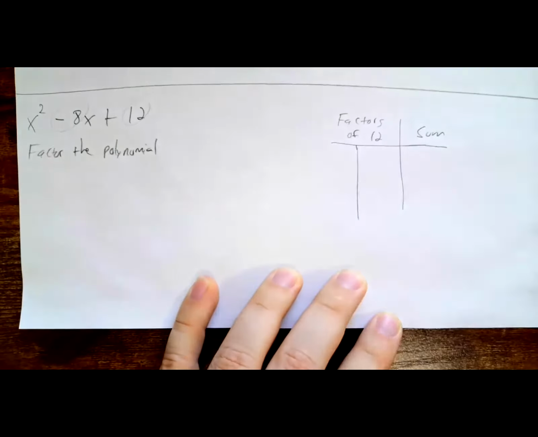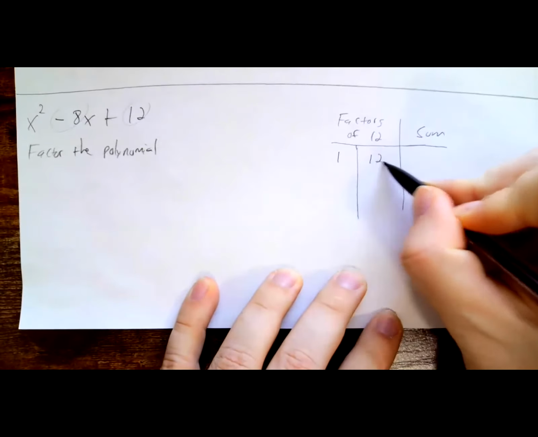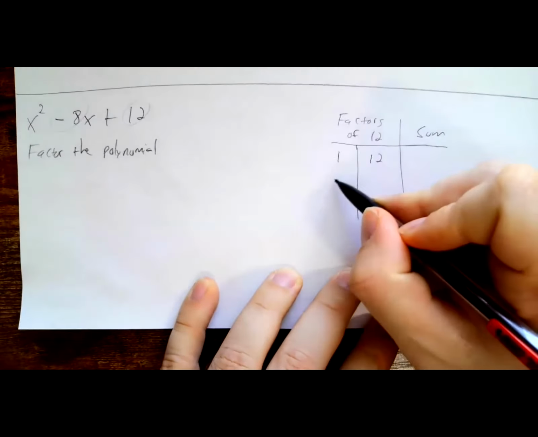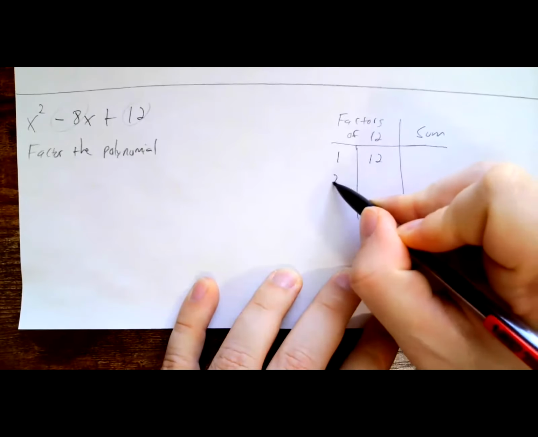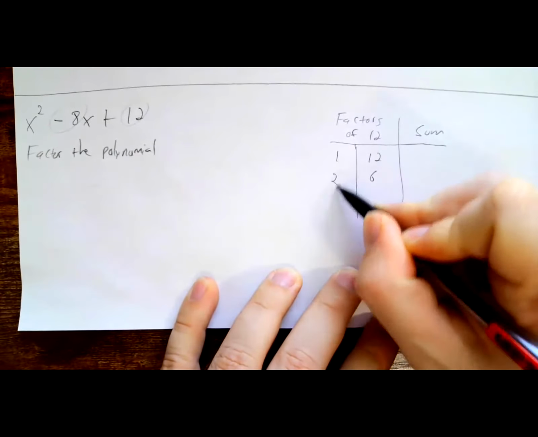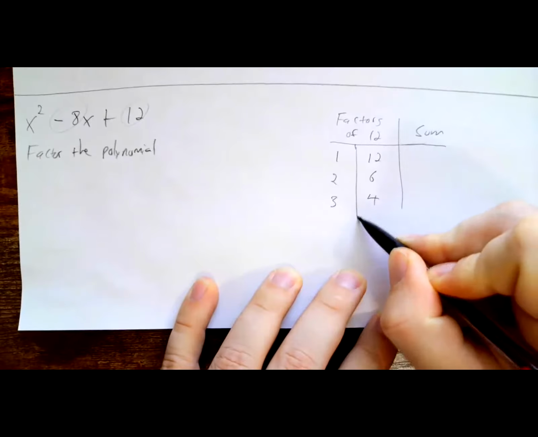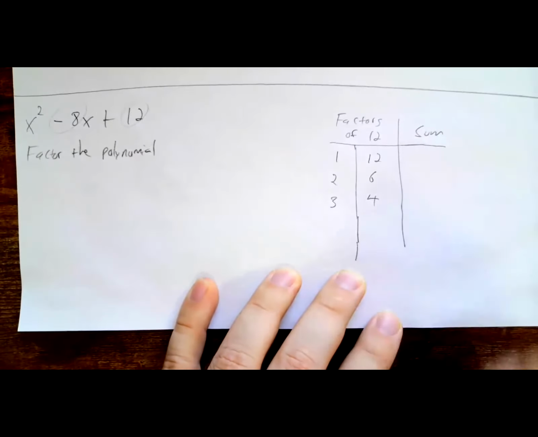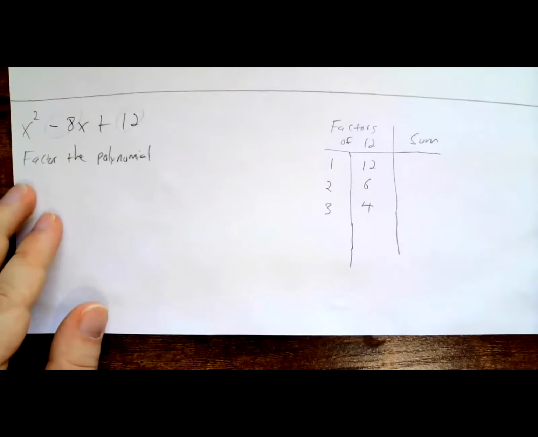So the factors of 12, I'm thinking 1 and 12. Then, increasing this number, I'm thinking 2 and 6. Then finally 3 and 4, and that's basically it, except